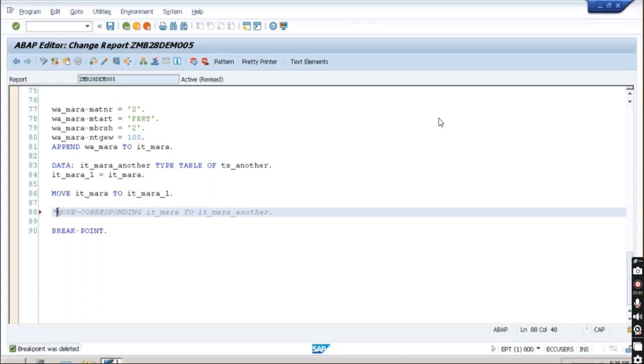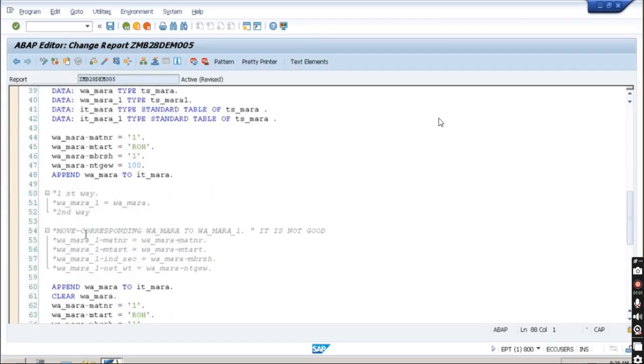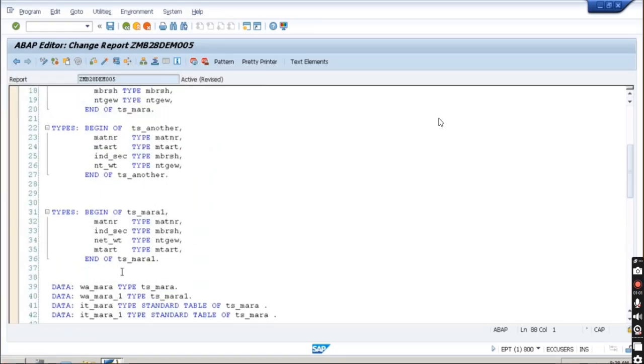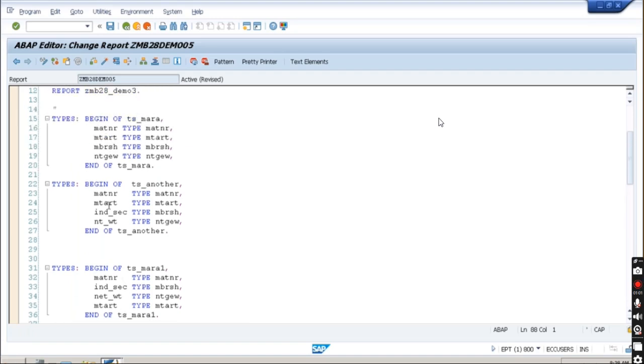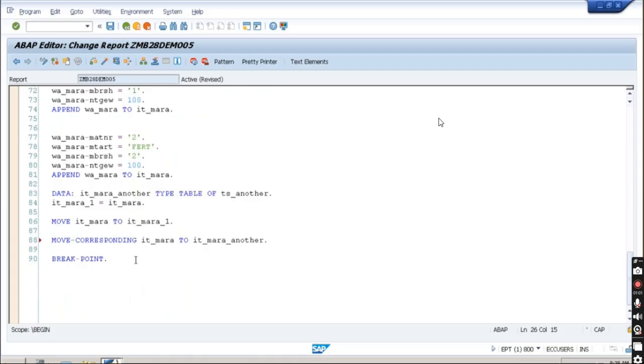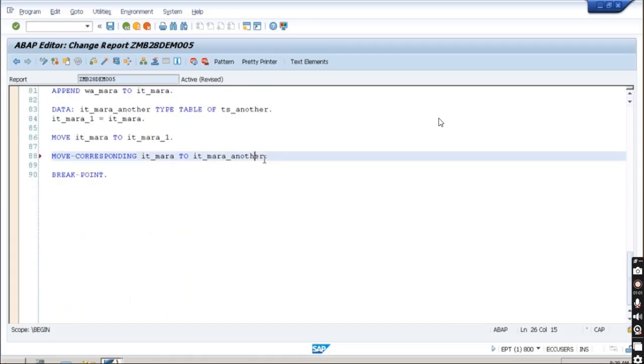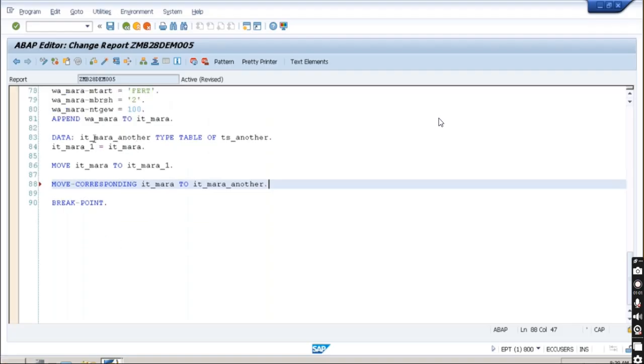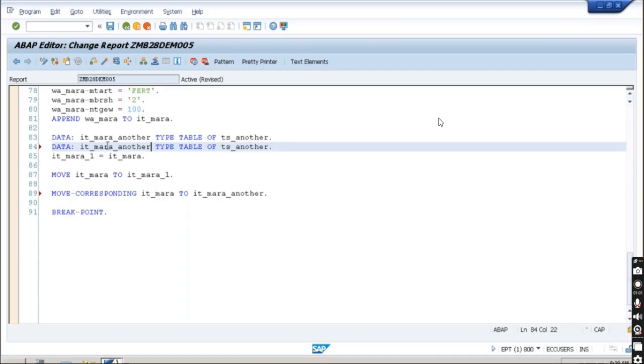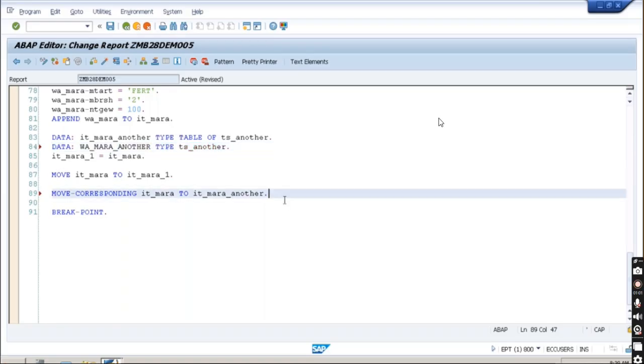But you know that the fields are similar, right? You know that this MBRSH and this industry sector is similar. This net weight is similar to this. So what you will have to do to get all the data into this another table? First we'll have to create a work area. So I'm just going to create one work area w_mara_another type